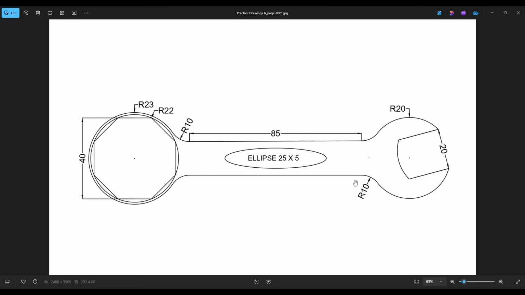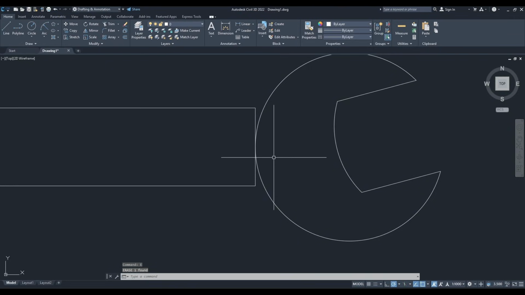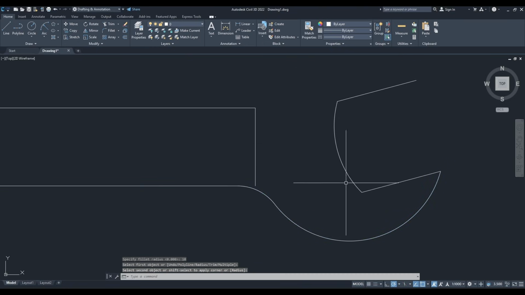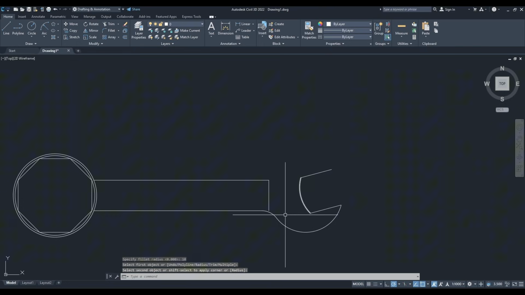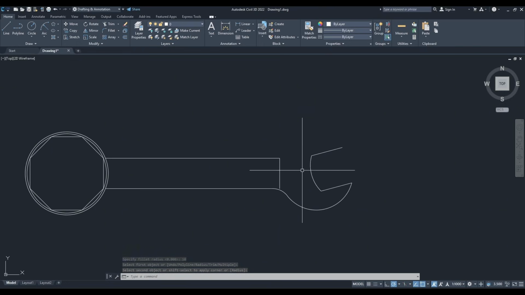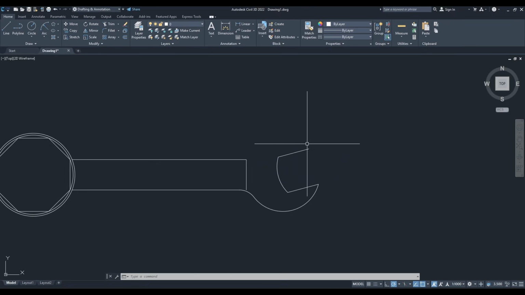Now as you can see, there is a curve here. We can fillet the curve. For that, F enter with the radius of 10, R enter and 10. This and this. And now as you can see, you cannot make a fillet of this because it will vanish the other part of this range. So for that, undo,